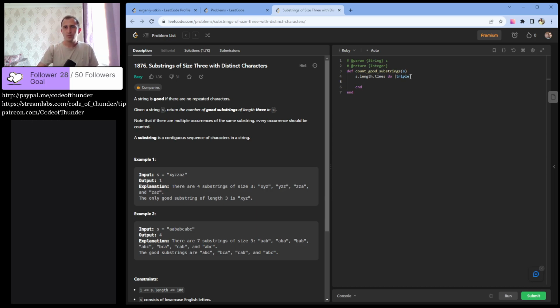Oh no. Let's not call it triple, it's a stupid name. Let's call it start index. So we start with 0 and probably it's not length. No, it's alright, it's length. Start with 0 and we want to